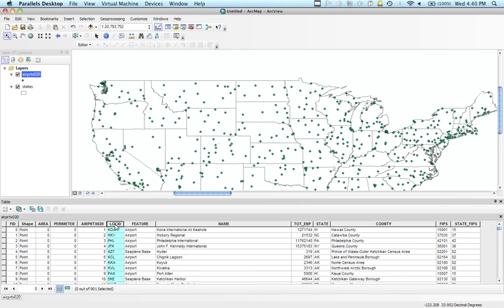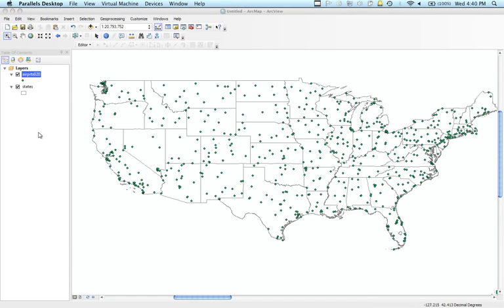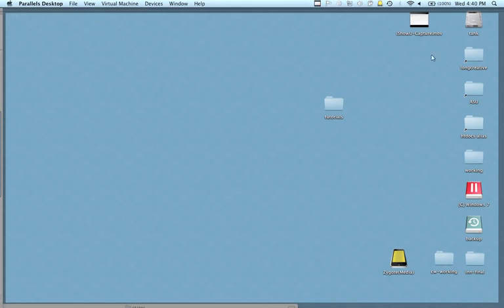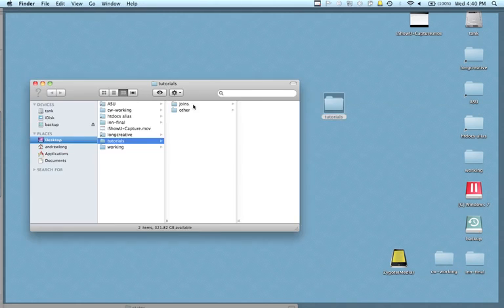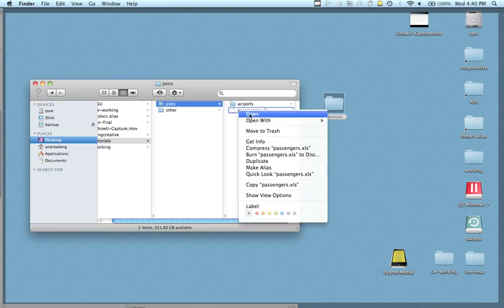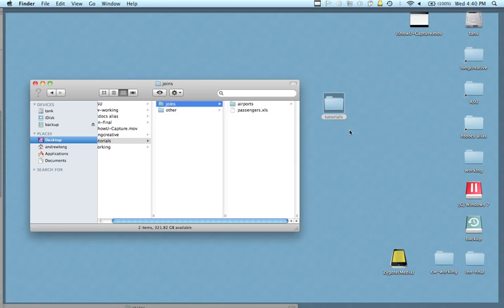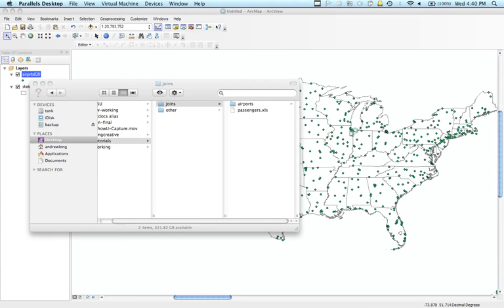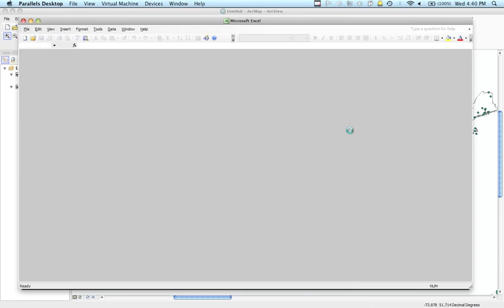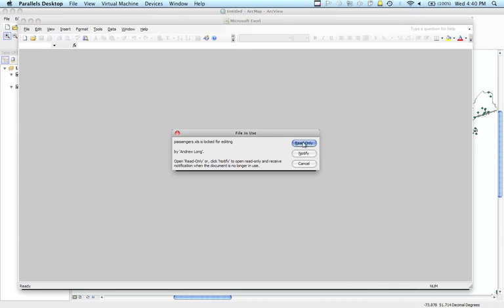Now I've looked at my data, and I'm basically going to join on this location ID, the three-letter ID of the airport, because that's what my data is based on. So I just took a look at the data, and I can see what I'm going to join on, and now I'm going to add the data that I've created in Excel. And why don't we open that up for a second in Excel so you can take a look at it. So basically this is just an XLS file that has some data in it that I'm going to join to this